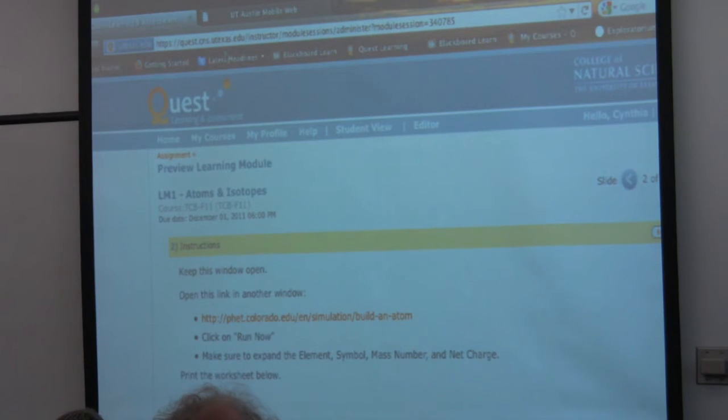Okay, so in this case, anyway, this is like slide 1 of the learning module, and it has instructions. Keep this window open, this link is a simulation, and there's a worksheet. And so on the worksheet, they're going to,